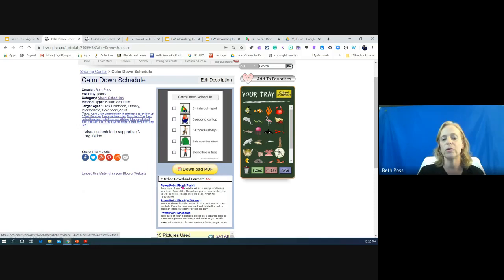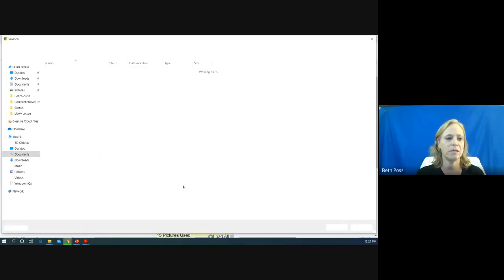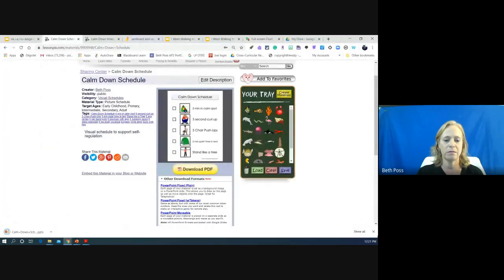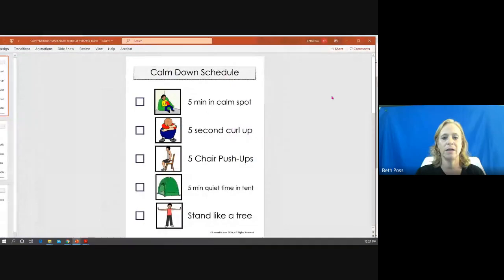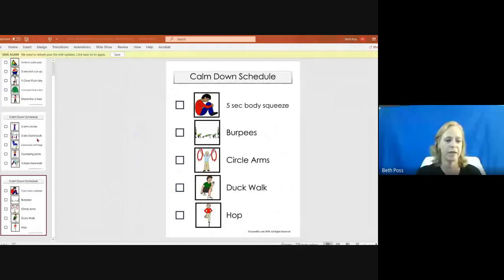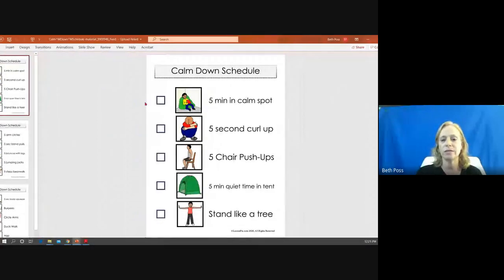I'm going to go ahead and download it right now, just as a plain PowerPoint. It's just going to take a moment, and I'll go ahead and download that. And I'm going to pull that right up. I'm going to slide it over onto the monitor. And we've got this schedule here, right? It actually has multiple pages. There's 3 different pages for 15 different things that a student could do. And I could use this now in